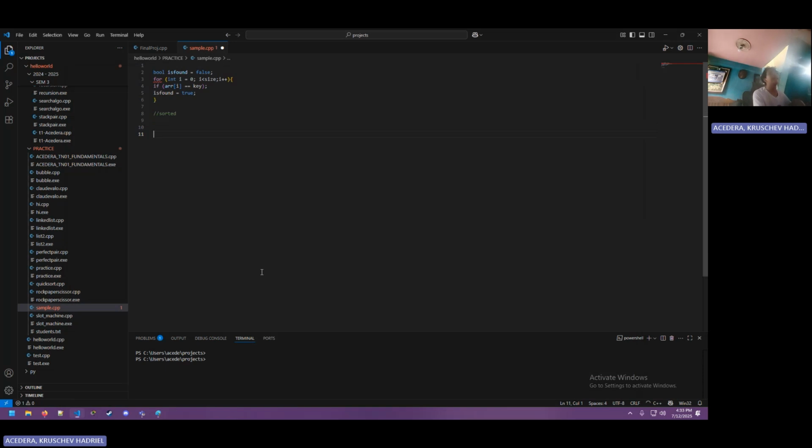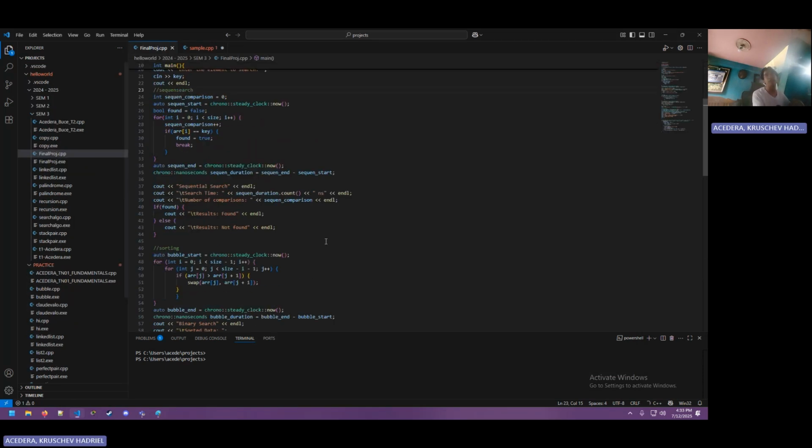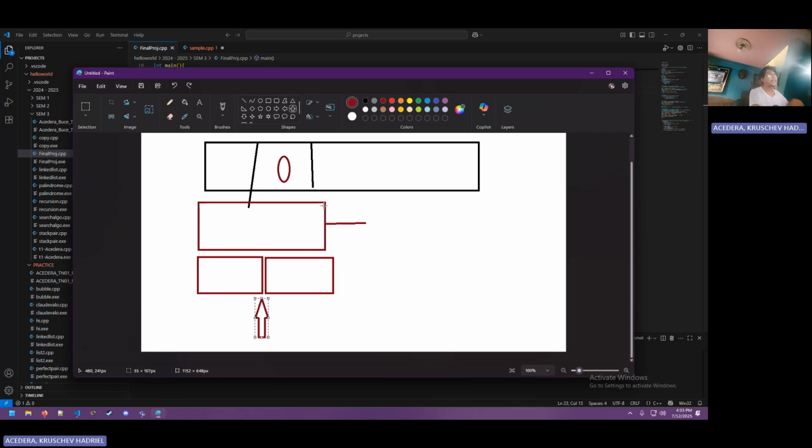So you need a function that passes the array and the size of the array, and it has to be recursive so that you will be able to adjust the end of your array. Since technically the middle is now the last of your new array.